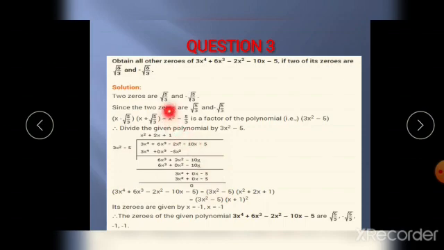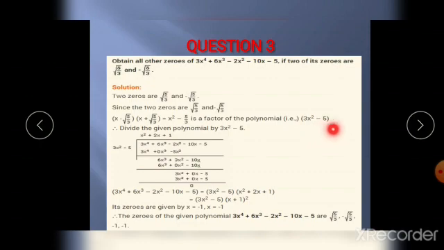So here the first root is root 5 by 3 and the second is minus root 5 by 3. By using the a minus b, a plus b formula, x square minus 5 by 3, then take the LCM 3: 3x square minus 5 by 3. The 3 we have to omit in the polynomial, as it won't have any denominator. So 3x square minus 5.